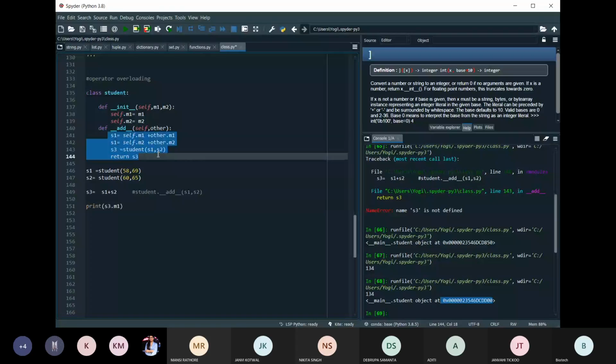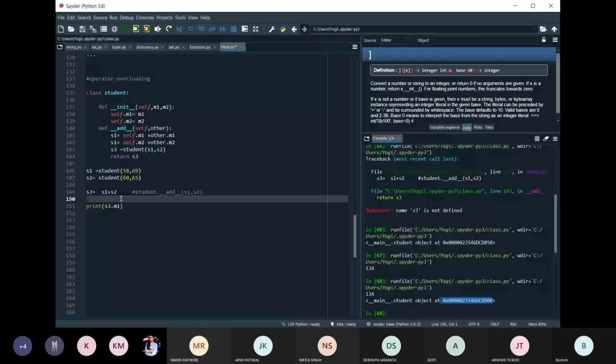Okay, then the next concept is method overloading and overriding.